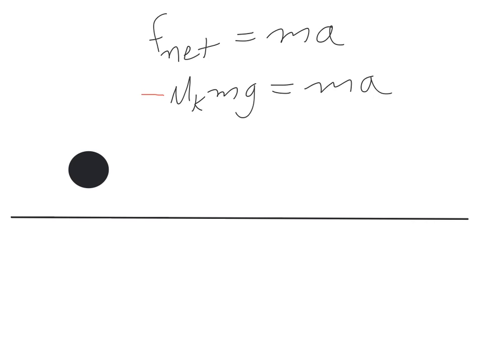In this case, the acceleration will be negative because the friction force is going to the left since the bowling ball is sliding to the right. Once we know the acceleration, we can use page 21 to find an expression for the velocity as a function of time. What this shows is that the bowling ball starts out with an initial velocity, v naught, and then